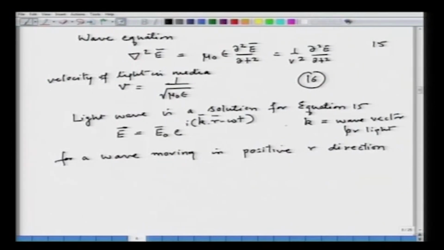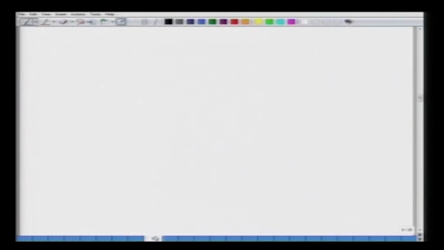Now, if I use equation 17 in 15, we will find a solution which will define the properties of the material in terms of light, and by doing that I will find this relationship. If I substitute 17 into 15, I will get k square, or k square is